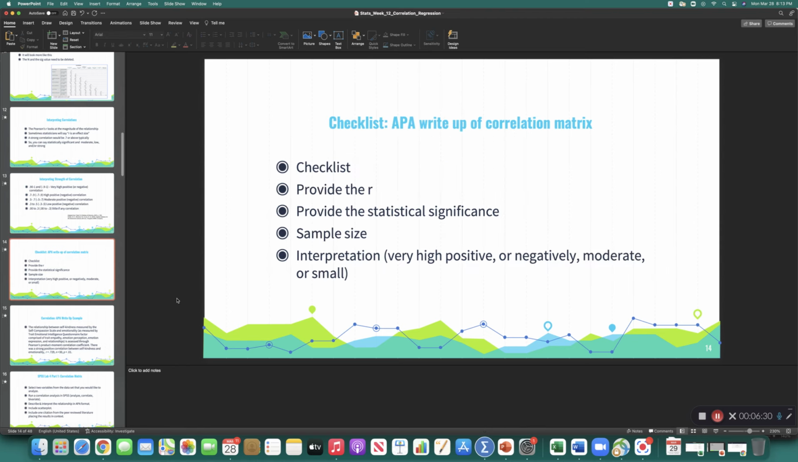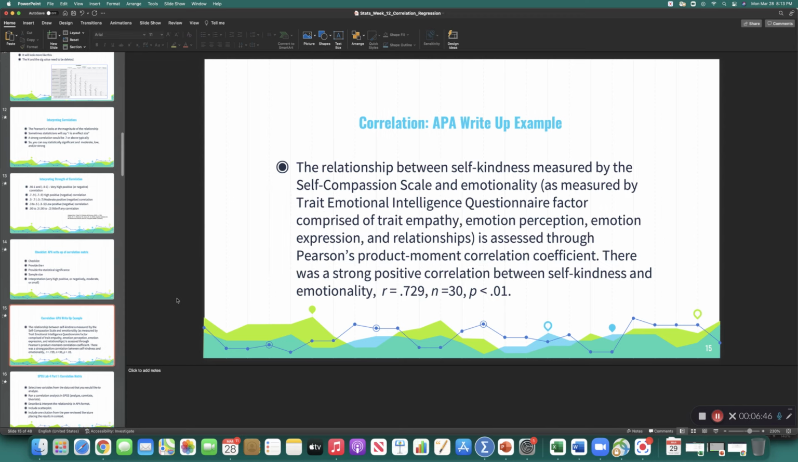So if you think about a checklist, we want to provide the R, the Pearson's value, the statistical significance, the sample size, and we also have to interpret, right, based on the slide I was showing you about the strength of a relationship. We concluded that this was a weaker relationship. So you can plug your variables in here. So we might say the relationship between, instead of self-kindness,